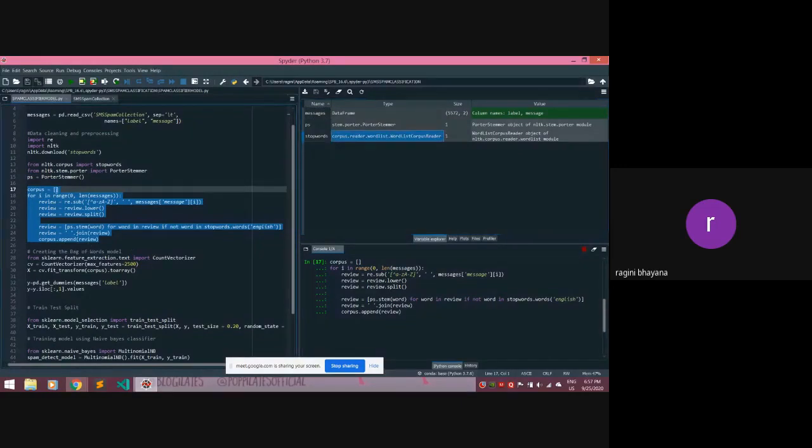So we will have a corpus list in which our modified sentences will be stored.